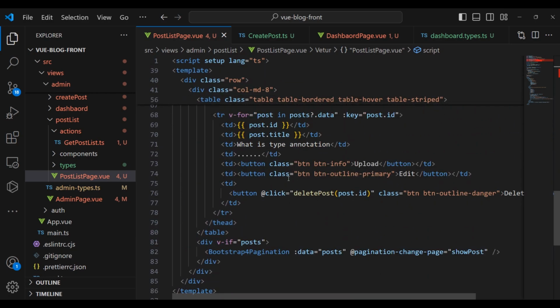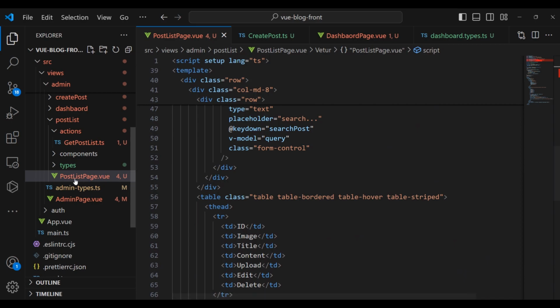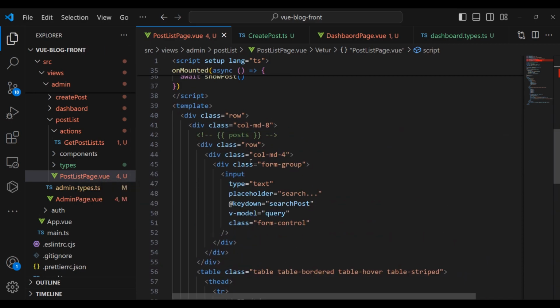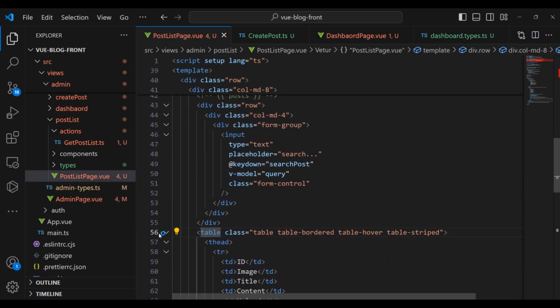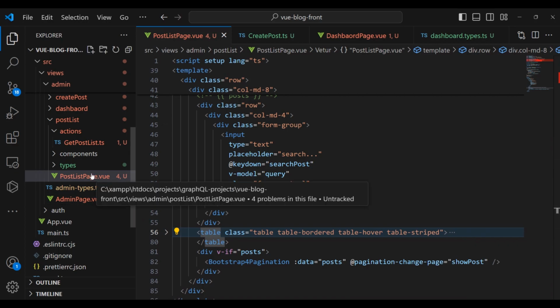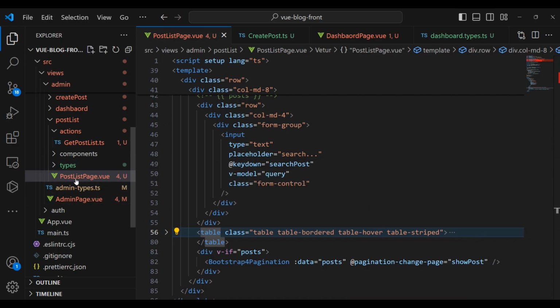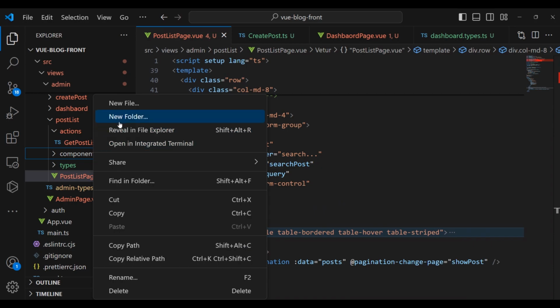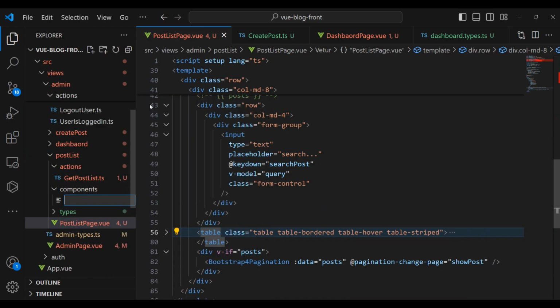Here you can see we run the post list page, and here you can see we got a table. And this is the table. We should create a component for this post list page. It is a component table. Let's say post table